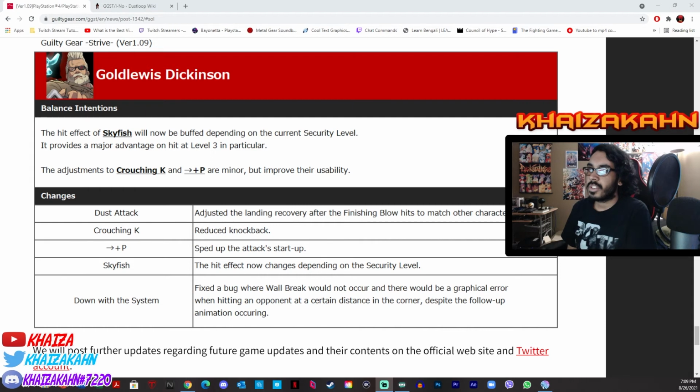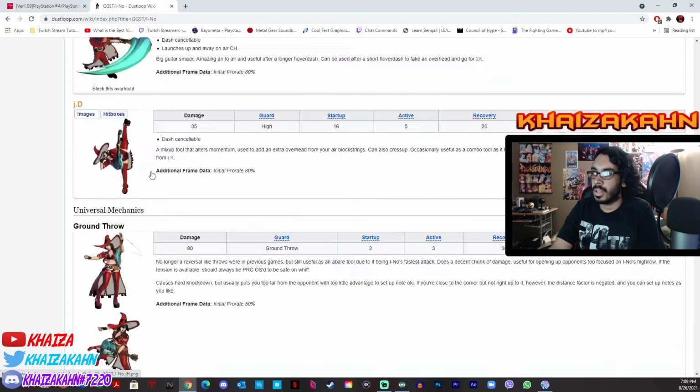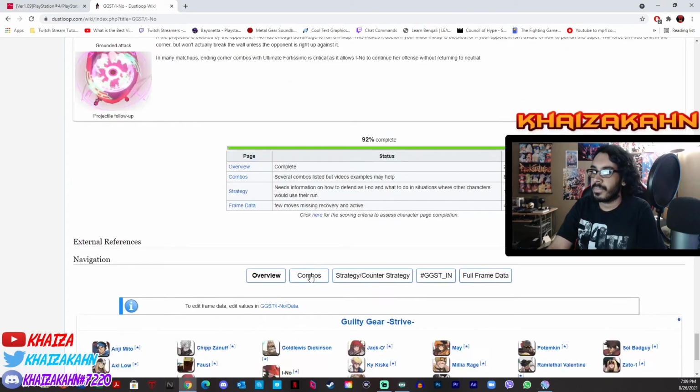The hit effect of Skyfish will now be buffed depending on the security level. Ooh, okay. Alright. It provides a major advantage on hit at level 3 in particular. That I'm gonna have to look forward to. The adjustments of crouching K and forward P are minor but improve their usability. Oh god, okay. Dust attack adjusts the landing recovery after the finishing blow hits to match other characters. Crouching K, which is like...